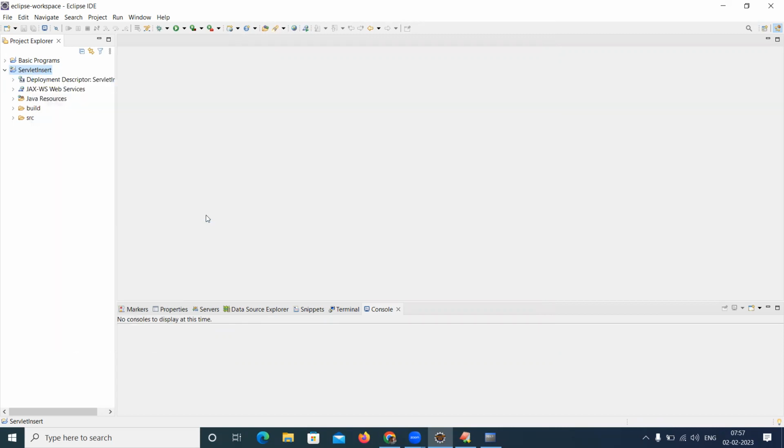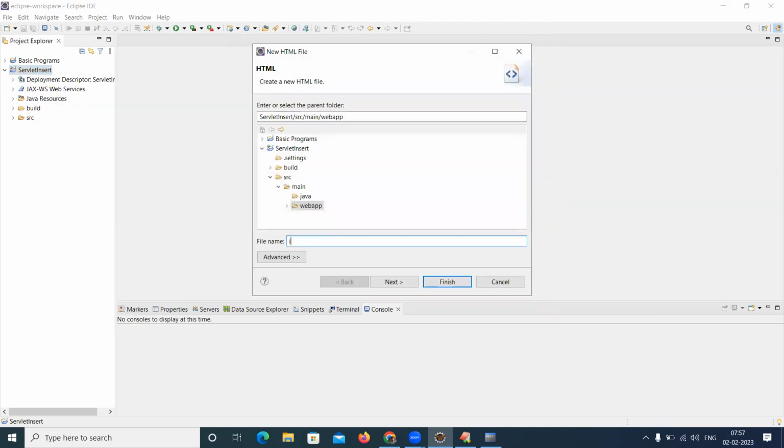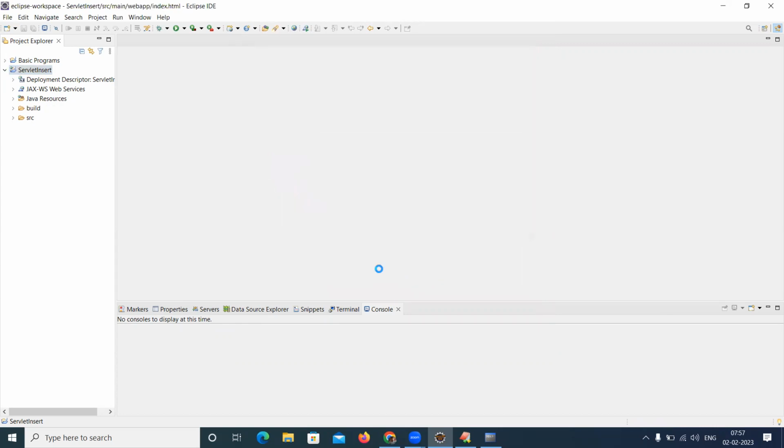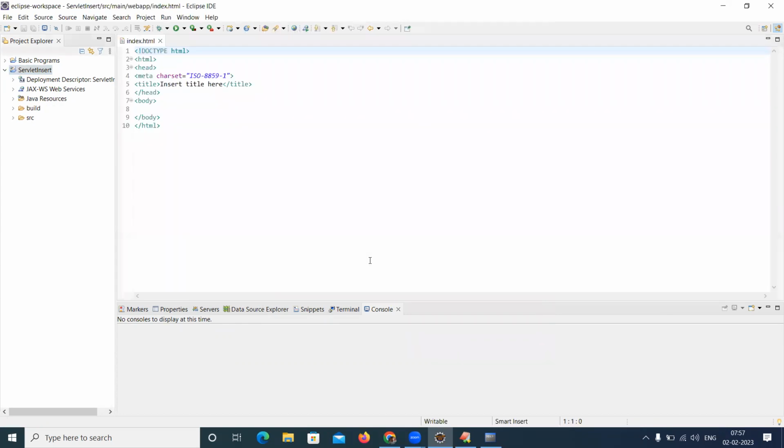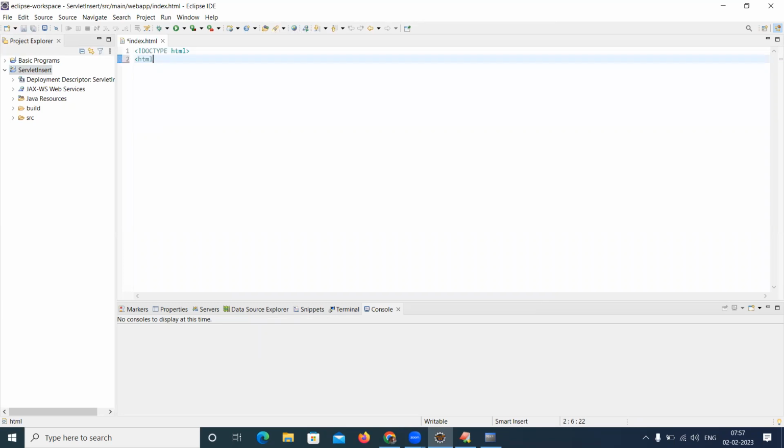Choose the HTML file. Then give the name, any name. Index.html file. Finish. Then that HTML will open. Here we are writing the code. Everything we have to write in HTML. Inside the head, if you want to give any title, suppose I'm giving record insertion from servlet,